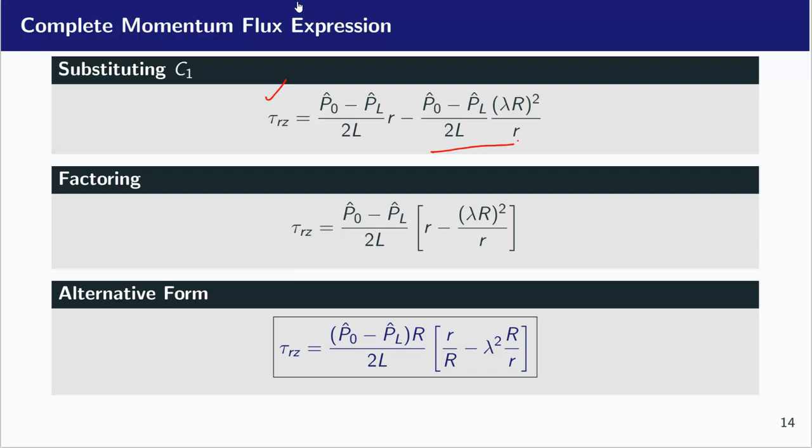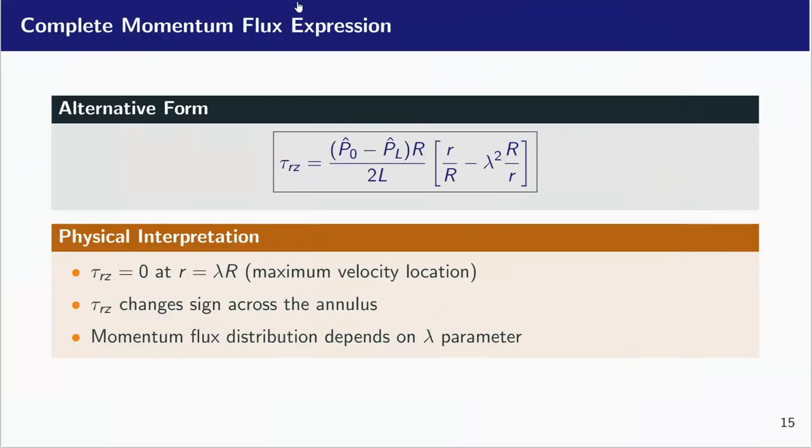Now if I factor, that will give tau rz is equal to (p0 cap minus pL cap) by 2L, r minus lambda R square by r. Now from here if we take lambda common, we'll get this equation: tau rz is equal to (p0 cap minus pL cap) capital R by 2L, in bracket, r by capital R minus lambda square R by small r. Now this is the